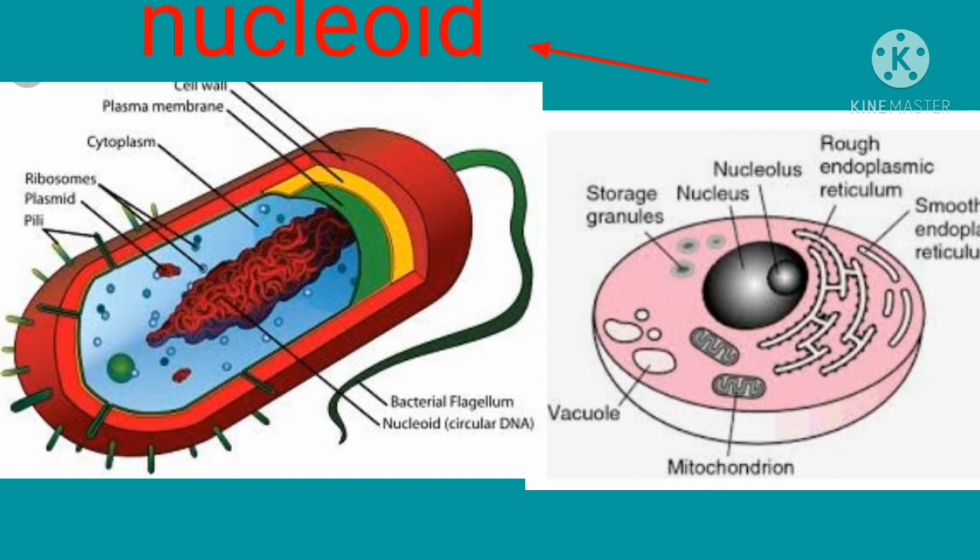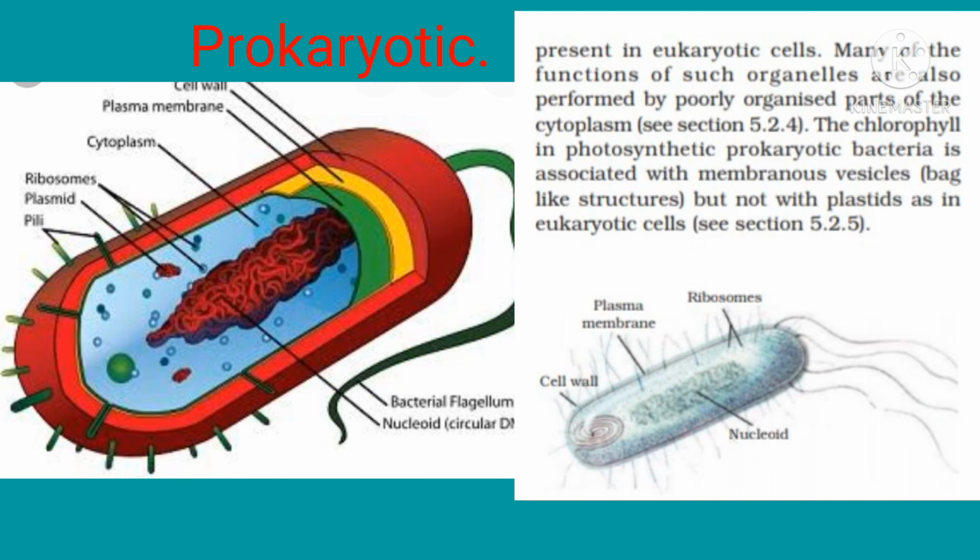What is a nucleoid? It is an area or part of a prokaryotic cell in which genetic materials are not surrounded by nuclear membrane. It is a prokaryotic cell and it is a eukaryotic cell. Prokaryotic cell is unicellular, eukaryotic may be a uni or multicellular organism. Many organelles are absent in prokaryotic cell, like endoplasmic reticulum, nucleolus and nuclear membrane, etc.